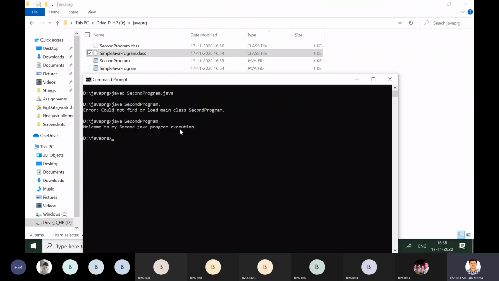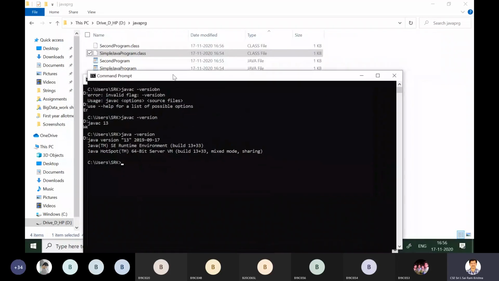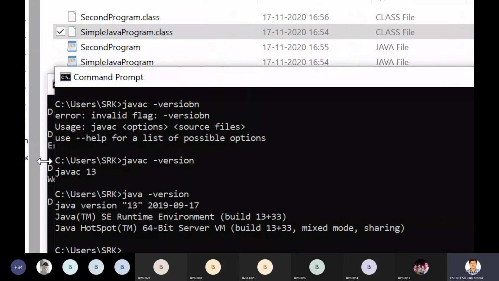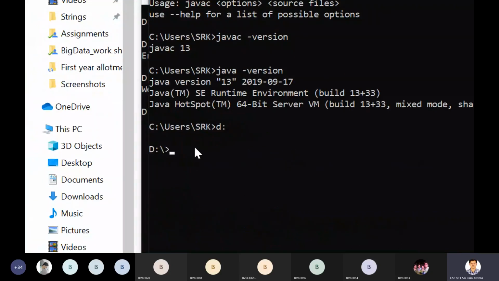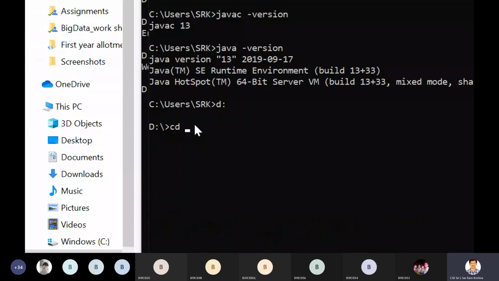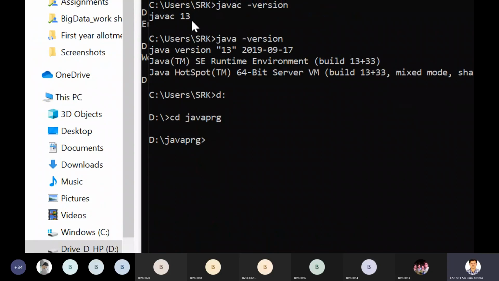Hope you understood. Okay, now if you want to go and execute that in your 1.3 here, it's another window, right? I can see that 1.3 is there. Let's suppose I'm going for the D directory, cd Java programs. You compiled in 1.8 actually previously.